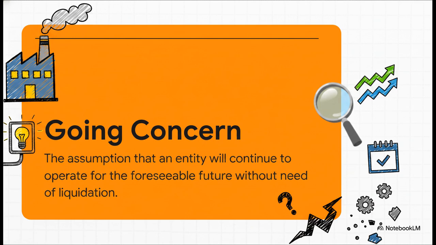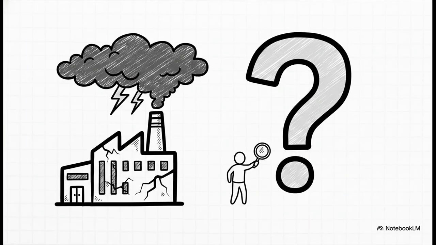Well, at its heart, it's the simple assumption that the lights are going to stay on. It's the whole reason we value a factory based on what it can produce, not what we could get for it as scrap metal. It is the default setting for pretty much all of accounting. But what happens when that assumption starts to look a little shaky? Because in the real world, businesses face storms. And when those problems get big enough that they cast real doubt on the company's survival, we can't just ignore it. This is exactly where the term material uncertainty comes into play, and it becomes your professional duty to raise